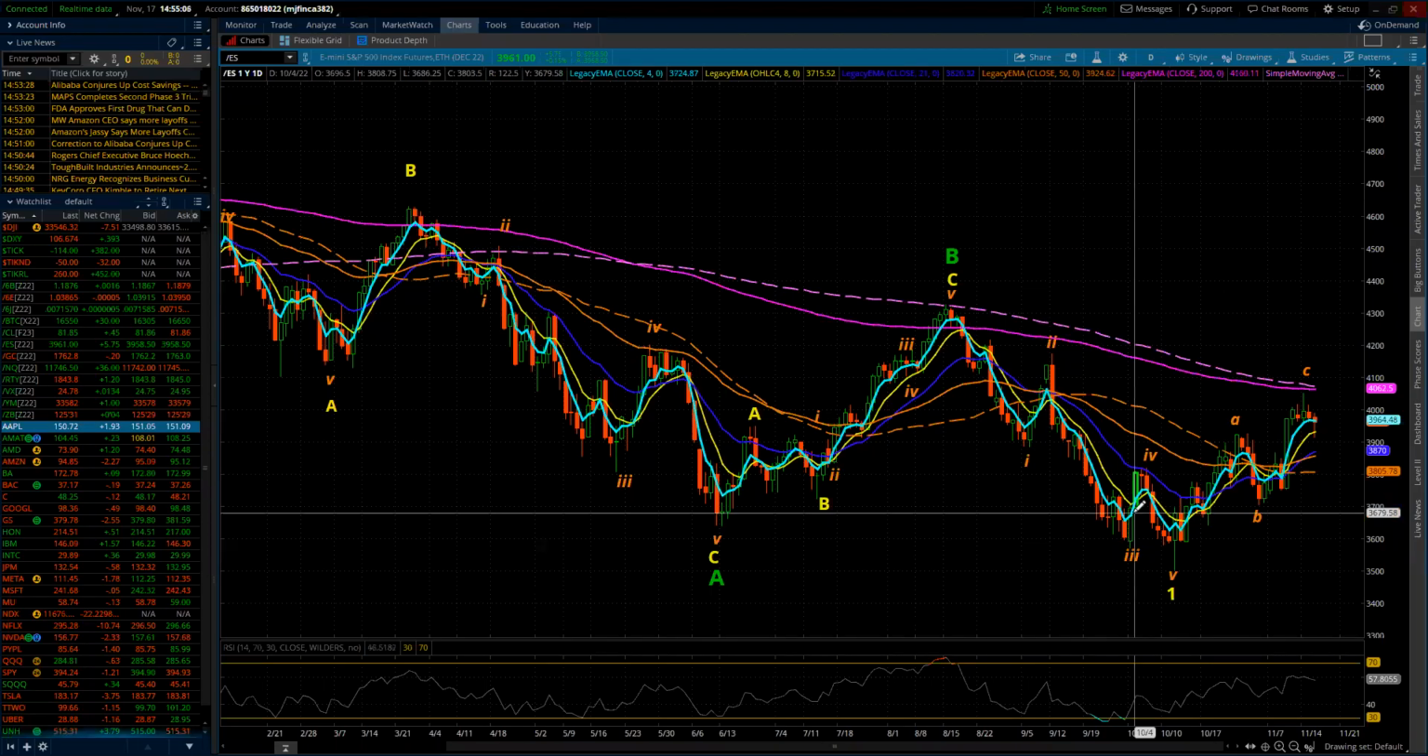Good evening. This is the Elliott wave update for the S&P 500 and the NASDAQ 100 for Thursday, November 17th, 2022. It was an interesting market today because it had its periods of, oh, you're going to go, and then